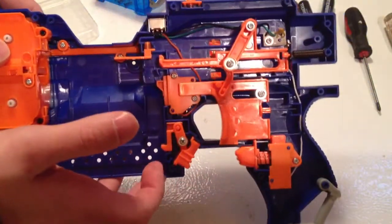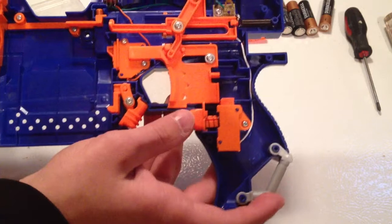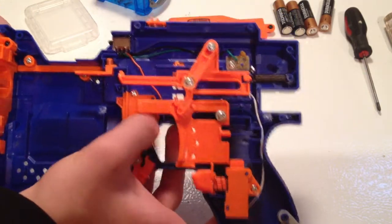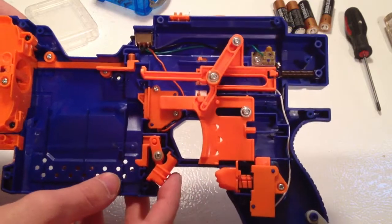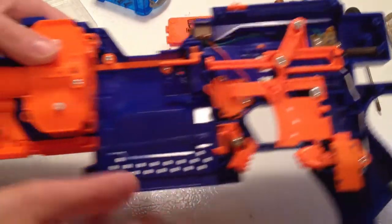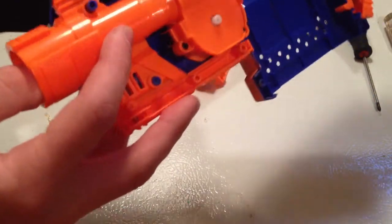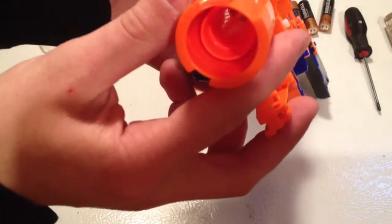reference. So here are the main functions. Right here you have your rev handle, your trigger, which obviously still has the locks on it. Clip release is located right here. On the other side you have your motors, and what I actually found interesting, what I forgot to mention in my